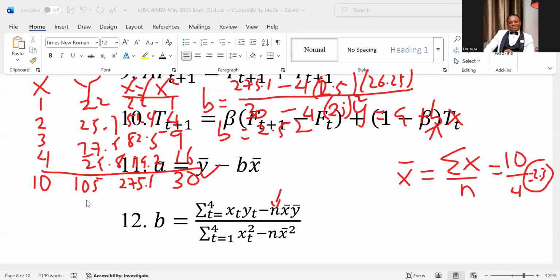Because when you look at this formula here, to get the A, you move everything to the left-hand side. And when you move them, they become averages. So you get Y bar, because Y is already on the far left, minus B X bar. So the Y and the X become averages, equals the A. And we know that the B is 2.52. We just found that.